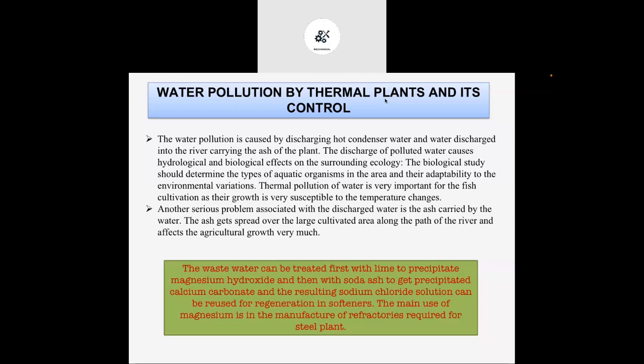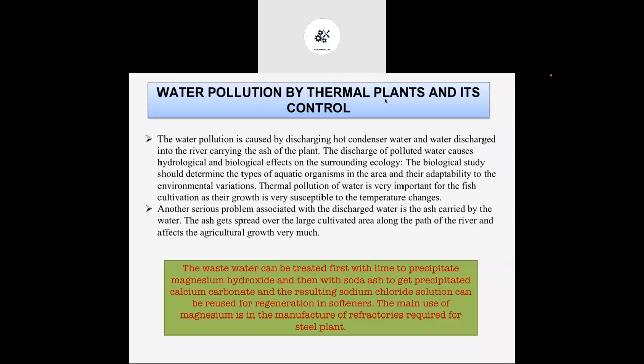Another problem related to the thermal power plant and also the nuclear power plant is water pollution. As we know, in thermal power plants we generally heat up the water. In a nuclear power plant also we are heating water, and that heated water passes through the condenser, where we use the cooling tower to reject the heat. Because of the rejection of the heat, the cooling water we are using in the condenser gets heated. Now this high temperature water is directly exhausted or released to the